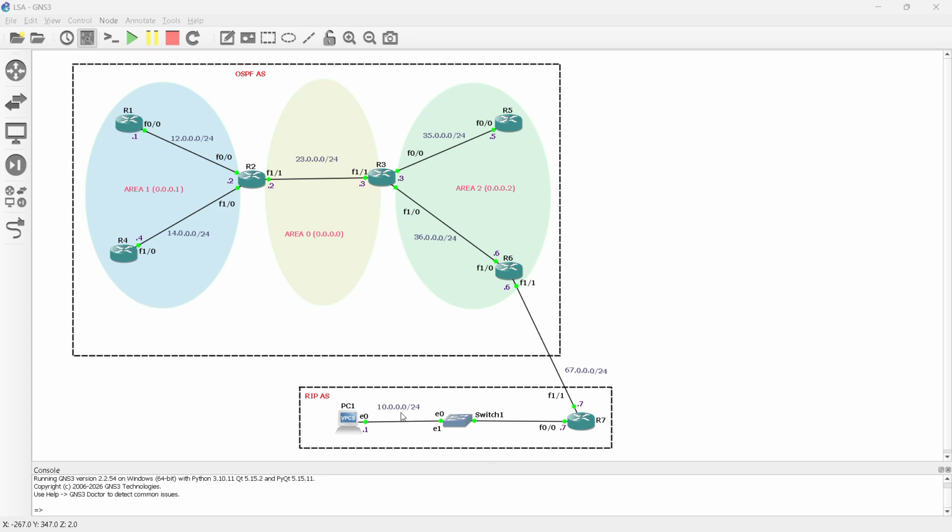It will block the 10 network and 67 network, which will come with the help of R3, right? But it will contain its own type 7 LSA. Now, how type 7 LSA takes place, let's see. So before that,